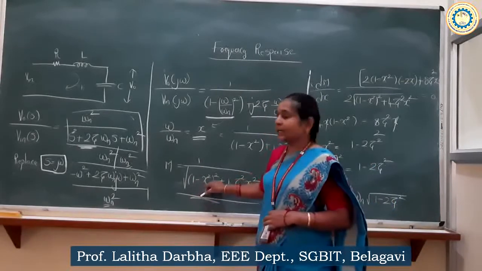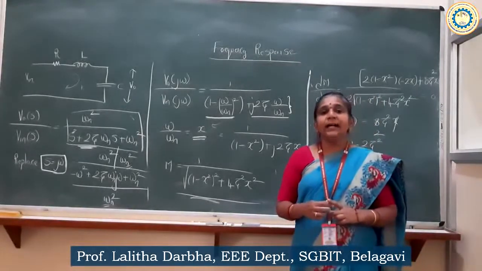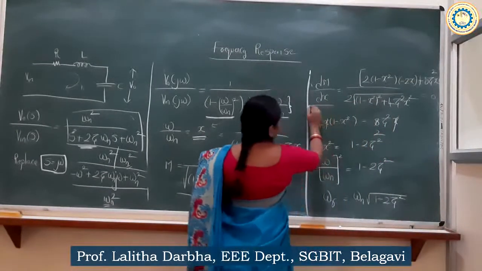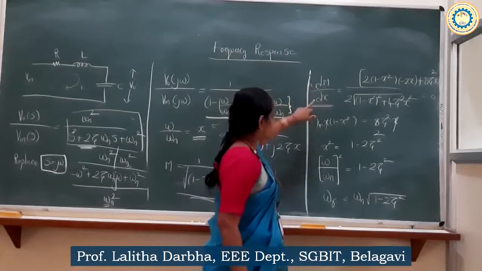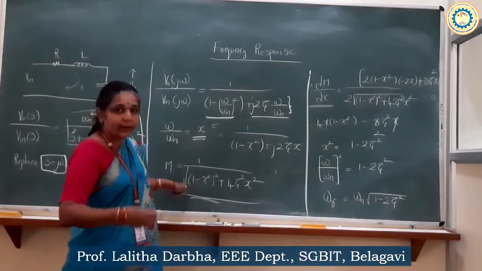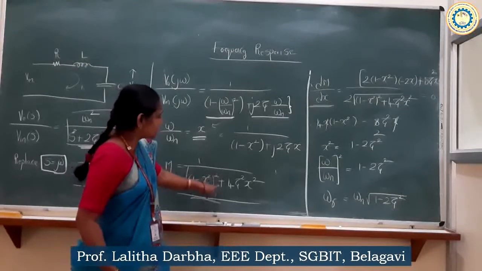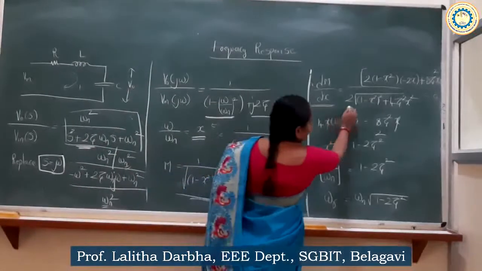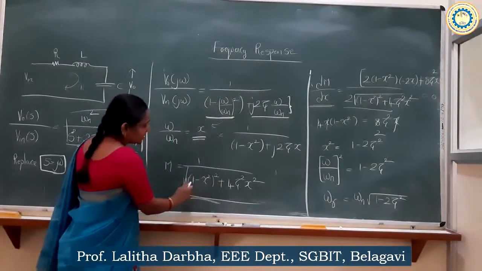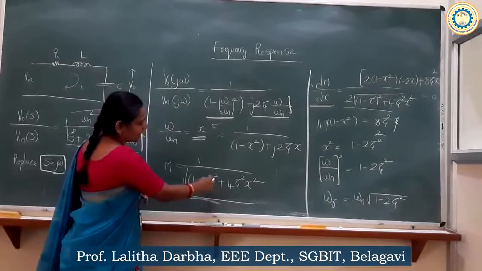Once we get the expression for magnitude, to get the peak value of the magnitude and the value of omega, the resonant frequency at that particular value, we have to differentiate it with respect to x. So when we differentiate, what are we going to get? The d by dx of 1 by root x is 1 by 2 root x. Similarly, this becomes 1 by 2 into root of 1 minus x square whole square plus 4 zeta square x square. That is what I have written here. After that, the derivative of 1 minus x square whole square is 2 into 1 minus x square, and the derivative of minus x square is minus 2x.